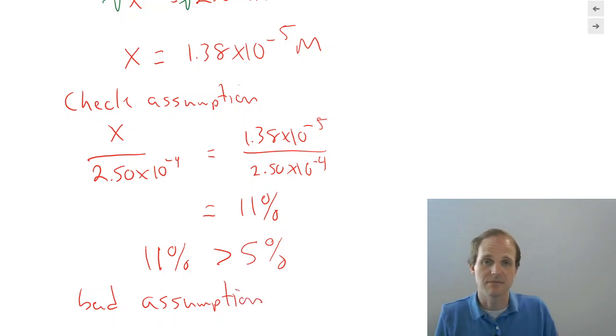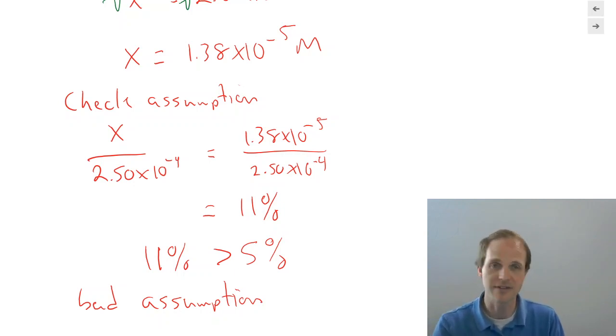We made a bad assumption. It actually turns out it's not true that our x is small compared to our value. And so we're saying, hey, we can't make that assumption here and think that we did a good job. So there's two things to do. One is you go back and maybe you try to make a different assumption. Or you go back, more than two things. You go back and you try to solve it by an entirely different method.